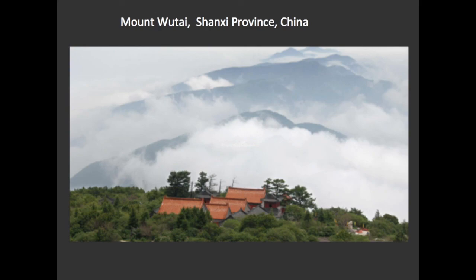This is a photograph of Mount Wutai. This is a sacred site in China's northeast province of Shanxi, surrounded by a cluster of mountain peaks. The mountain is home to many of China's most important monasteries and temples. This image also gives us some pause to appreciate the magnificent landscape of China. And we can almost imagine ourselves as painters looking at this beautiful, magnificent, lush landscape and attempting to record our perception of this landscape onto a silk scroll.